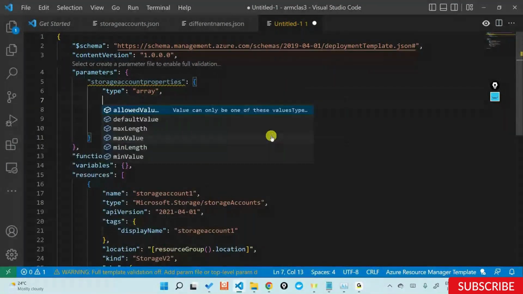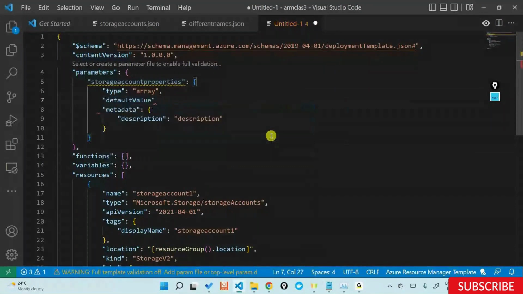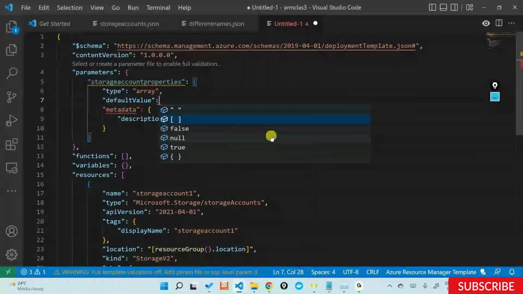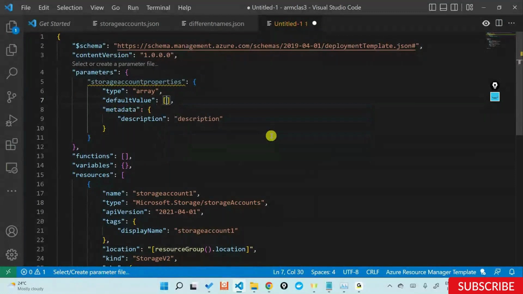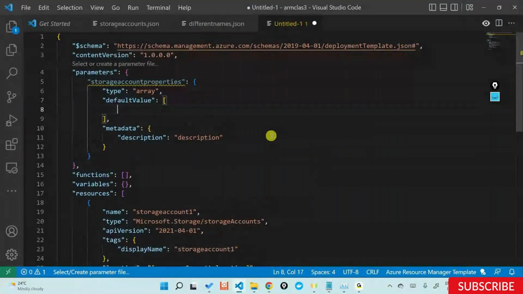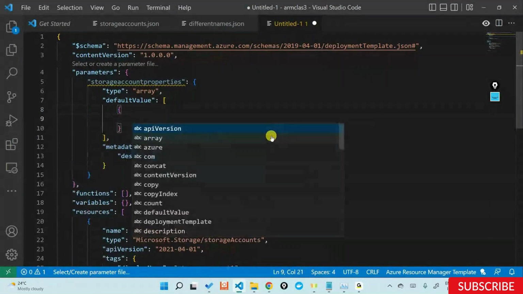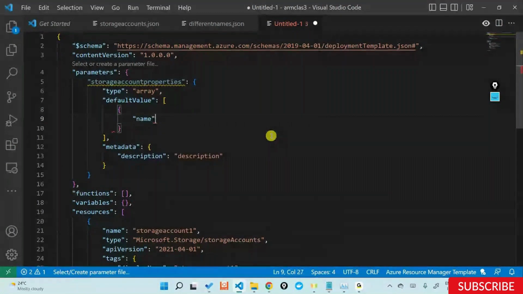In the default values, again, this is an array. And I will open up multiple objects here, because I'm not defining a simple string. I'm defining an object which has certain properties like name, SKU, and all that stuff. So inside this, I'll open up a quote and I'll say name is dev-arm-advance-adv-copy, something like this, abc000, the name of my storage account,